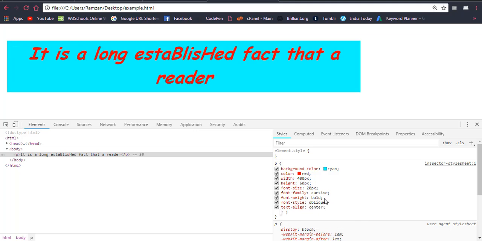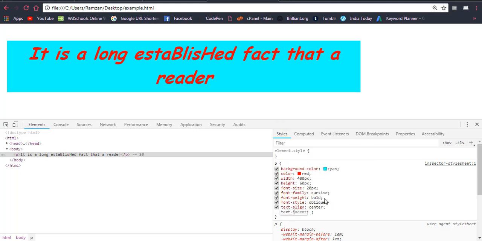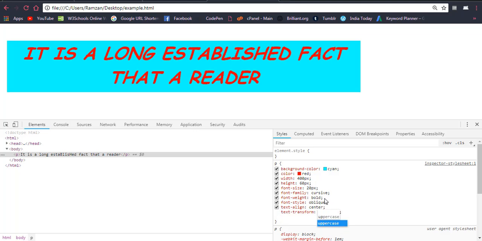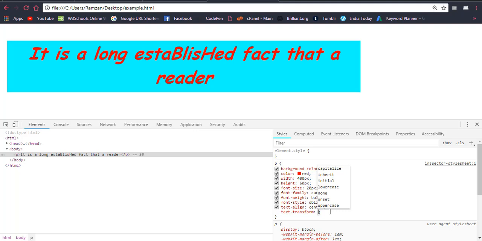Next property is text transform. This is also an important one. Text transform, which is like uppercase. I have written uppercase, then it has been converted into uppercase. If I change it to lowercase, then all the letters would be in lowercase. You already saw that B and H in the text